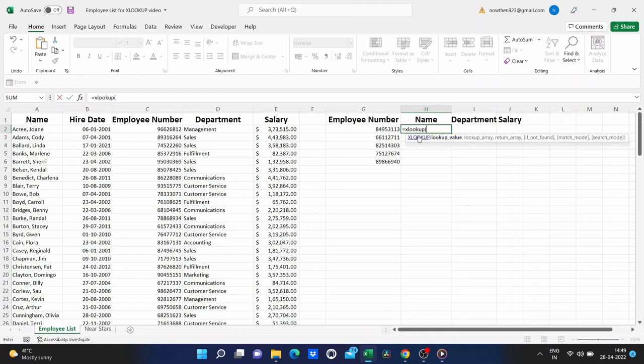Excel is now looking for the lookup value. In other words, what is the information that I know? Well, in this case, I know the employee number, right? In my example, I said that the employee numbers are recorded maybe when they use the internet or when they fill out a form. So that's what we know. We know their number, but we don't know their name, department, and salary. So I could type in a specific employee number, perhaps this one here.